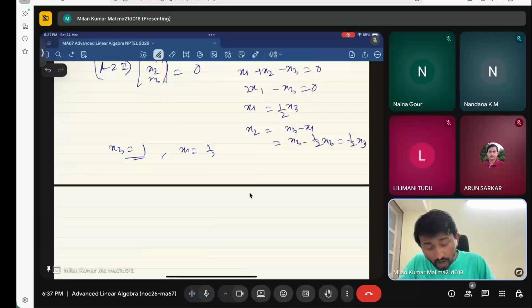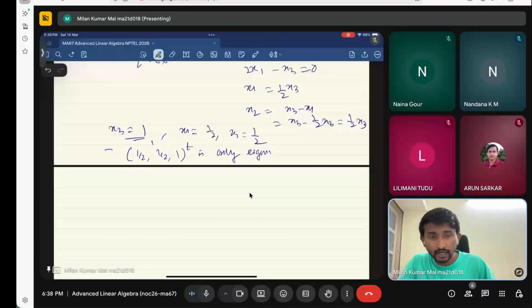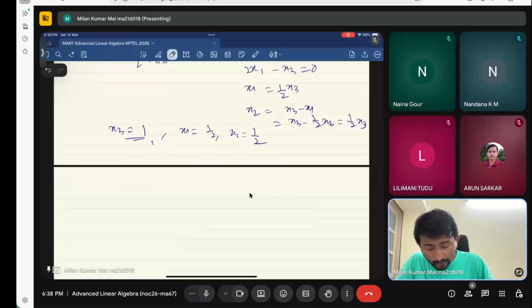So this says (half, half, 1) transpose is the only eigenvector. I mean, there is no other eigenvector which is linearly independent to this. So basically, this is not the only eigenvector. The terminology is that there is only one linearly independent eigenvector, that is a non-zero scalar multiple of this. So (half, half, 1) transpose is the eigenvector